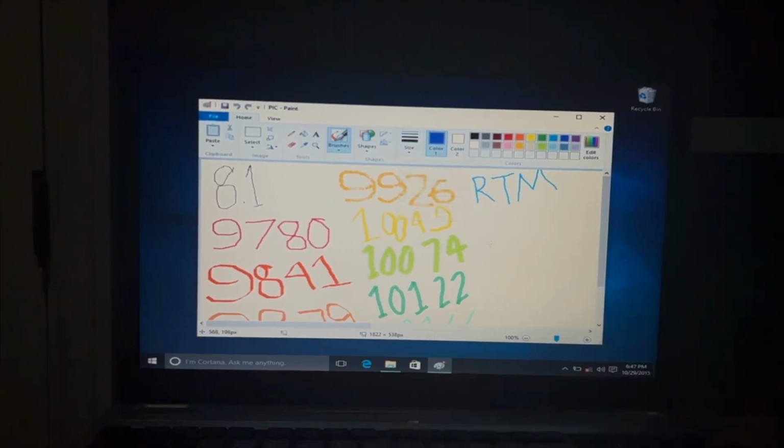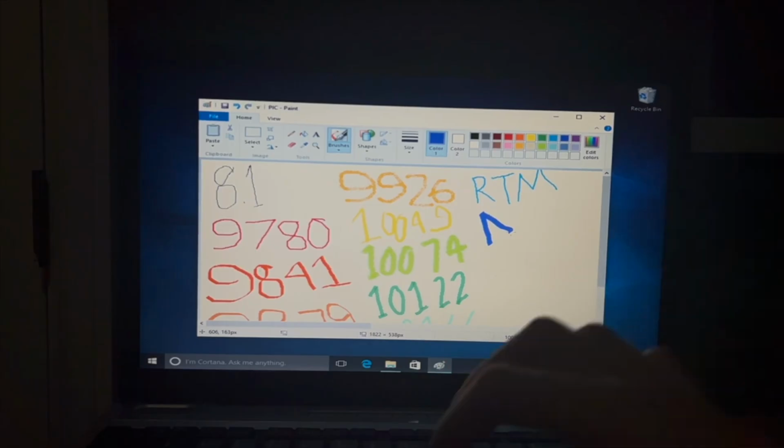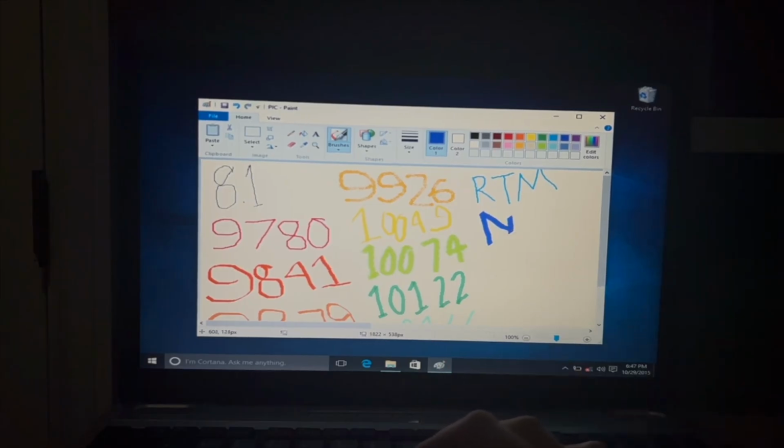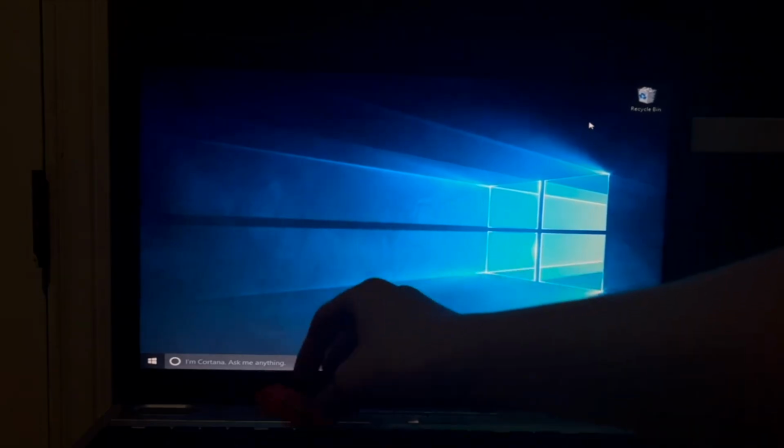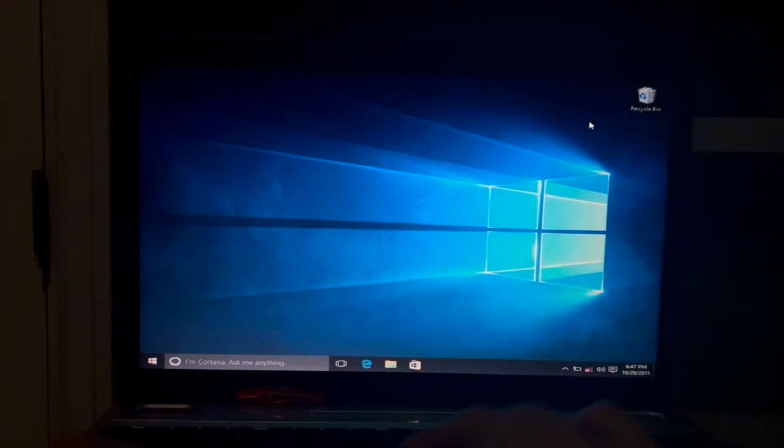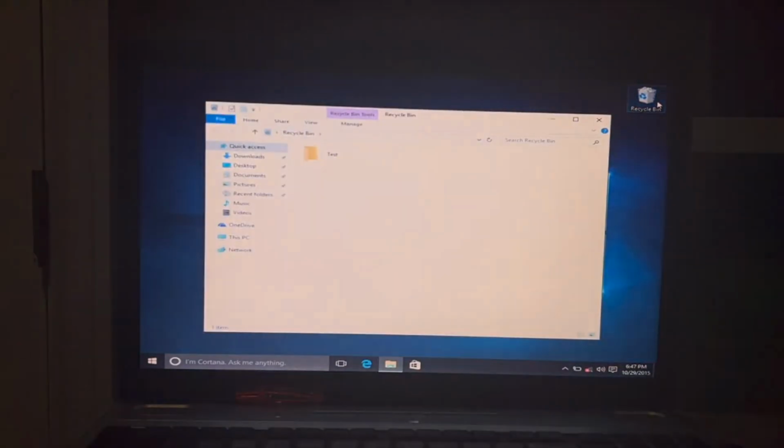And for the letters, I'm just going to write N U for November update. Save. So yeah, there we go. That is the November update. So yeah, now we're on the November update. And hey, look, it kept our recycle bin placement, and it kept the file that was inside, which is